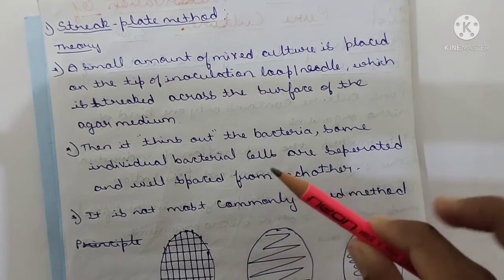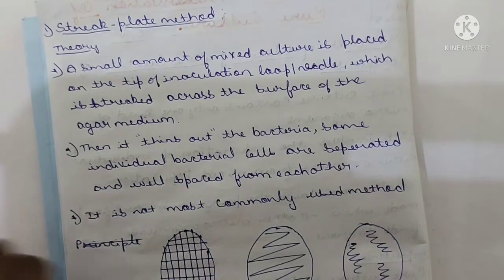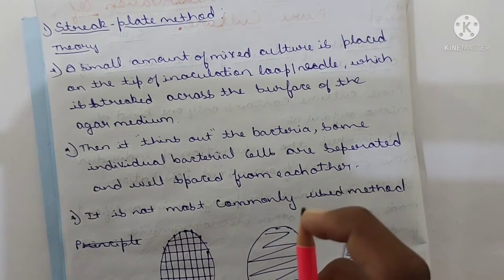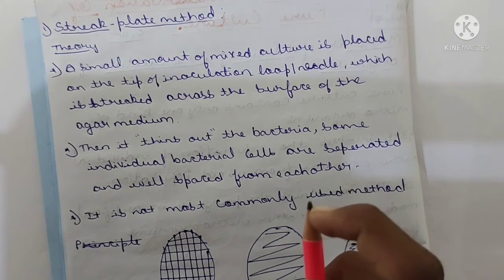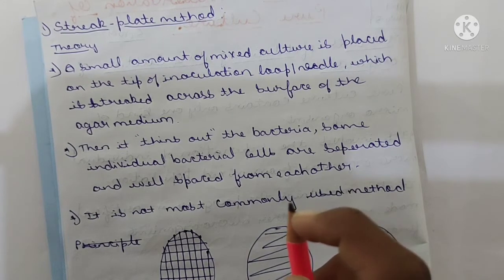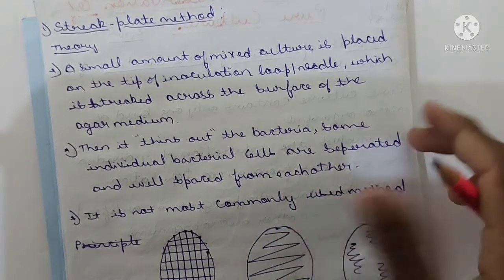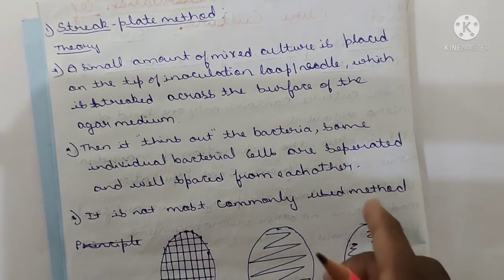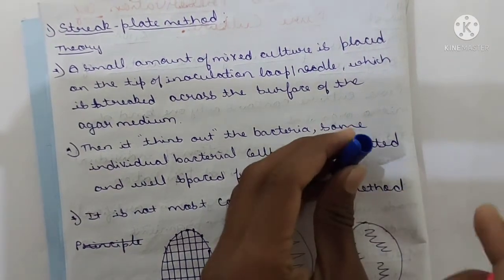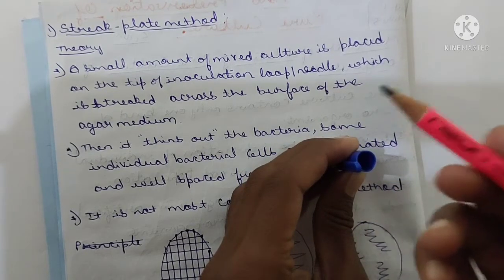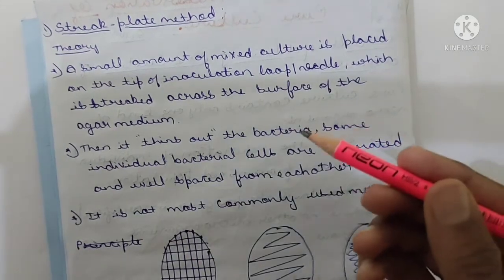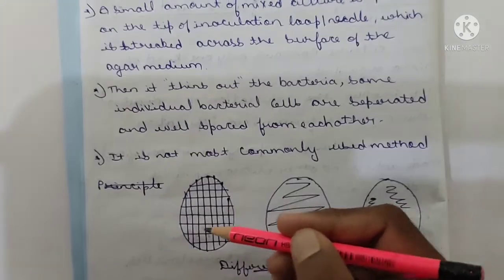Now for example, say this is the inoculation needle, the top, you are looking at the loop. Here what we are doing is collecting some amount of mixed culture microorganisms. See, this is the tube, just imagine. This is the tube which contains the mixed type of organisms. With the inoculation needle I am collecting that. Yes, I collected. Now what I am doing on the Petri dish or agar plate, I am